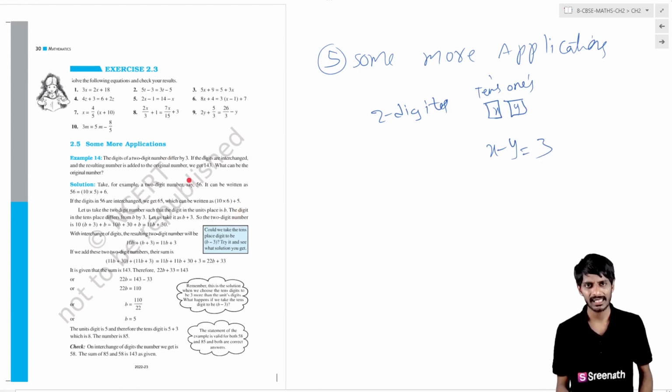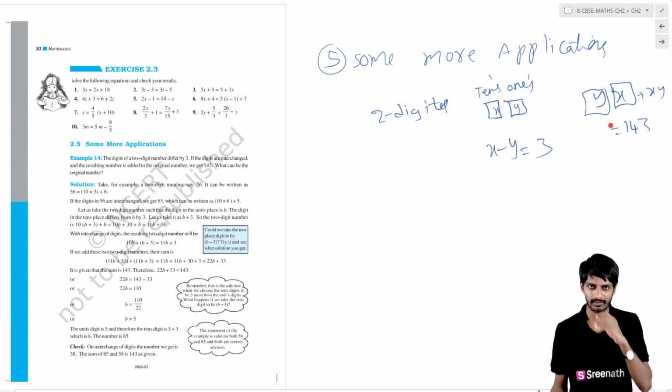And another thing, if the digits are interchanged, that is, the ones place becomes the tens place and the tens place becomes the ones place, then the number will be yx. This interchanged resulting number is added to the original number, so yx plus xy. Then what is the answer? Then we will get 143. Here he has given this equation,